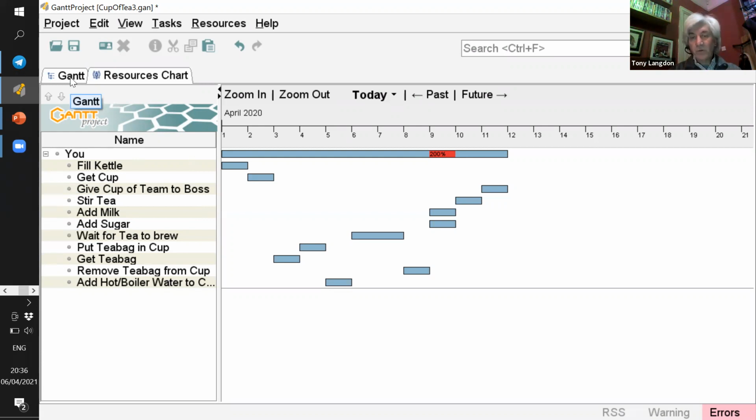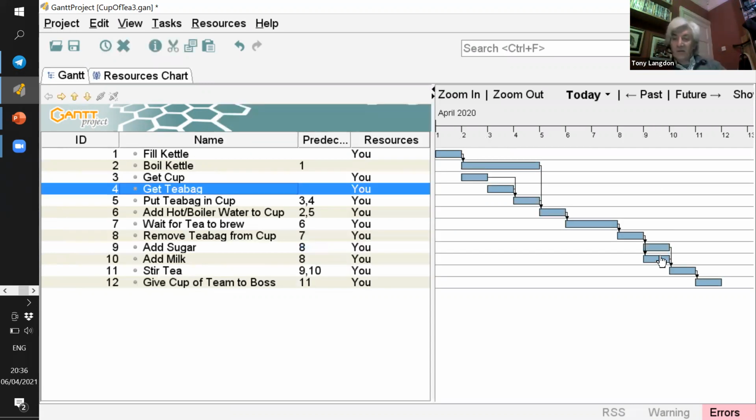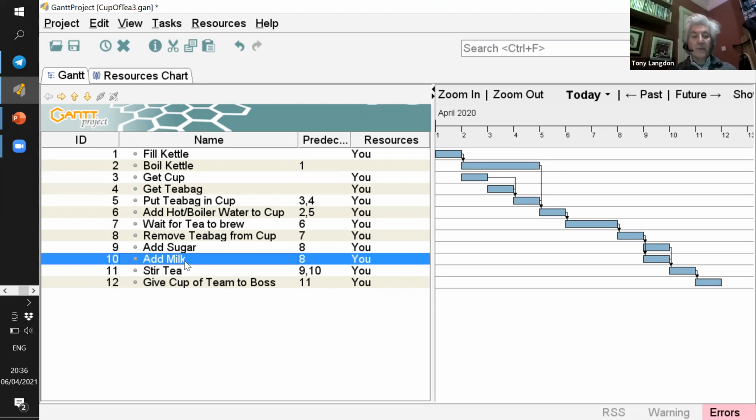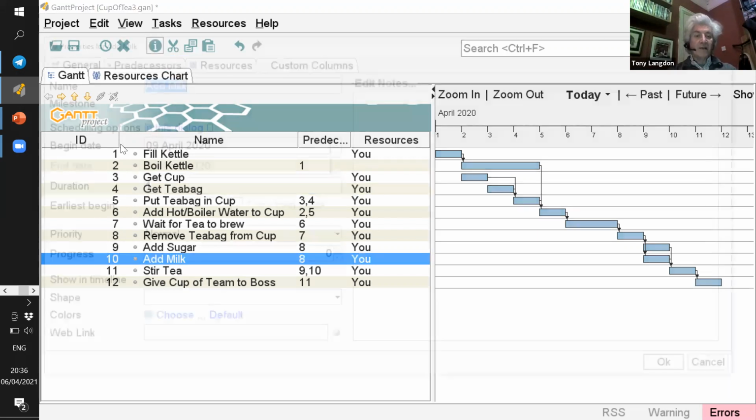We need to look at minute 9. And if we look at minute 9 on the Gantt chart, we've got 2 tasks, adding the sugar and adding the milk. And we're saying that we can't do both of these at once because we've only got one resource. Now, if we could get somebody else to join us on the project for that 1 minute, that might help, but that might be an expensive thing to do just for that. So the thing we could do is change the start time for adding the milk and add a minute to that. So if we change it from minute 9 to minute 10,